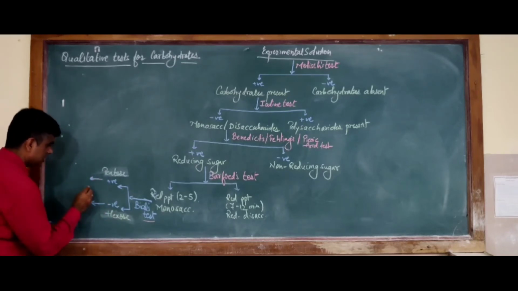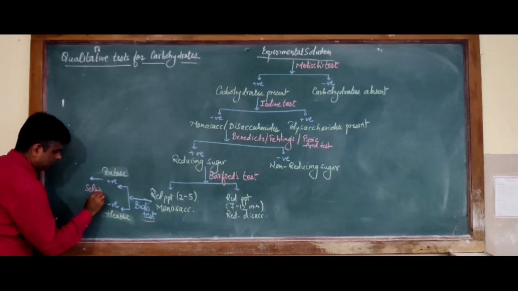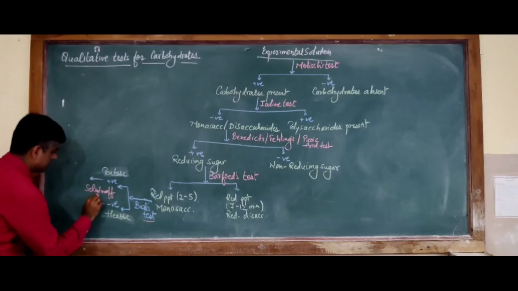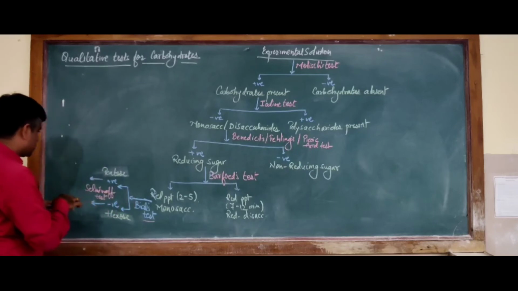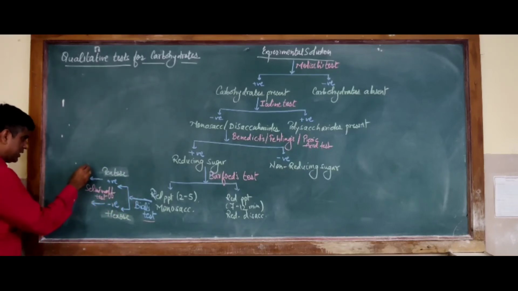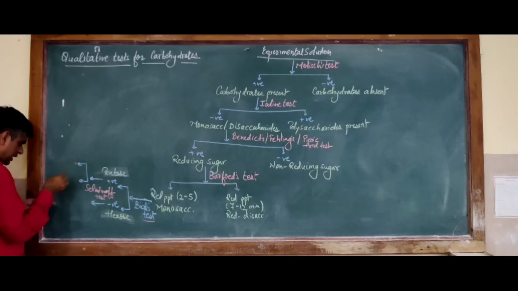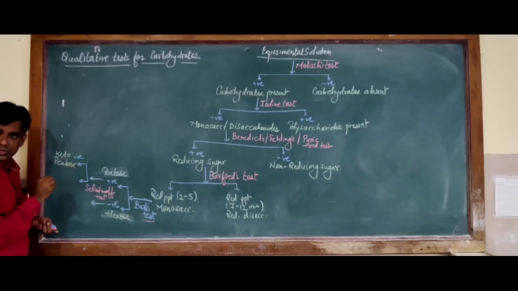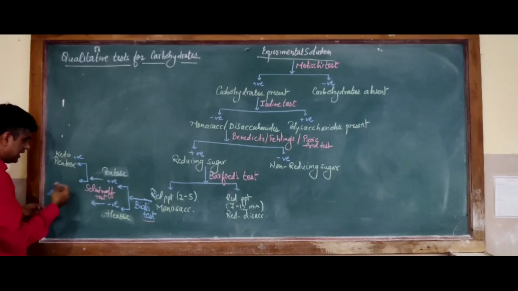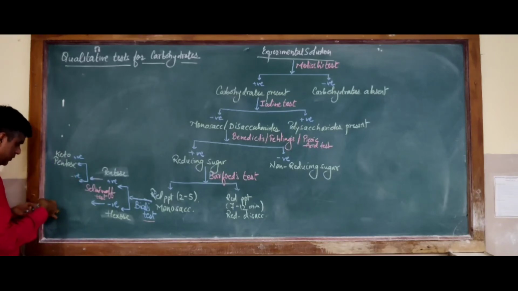Once you perform this Seliwanoff test, it will help you to differentiate whether it is a ketose or an aldose. Say for example, if I get this test as positive, I can say that my sample contains a ketopentose, since it is specific for ketoses. If this test is negative, then I'll say that yes, my sample